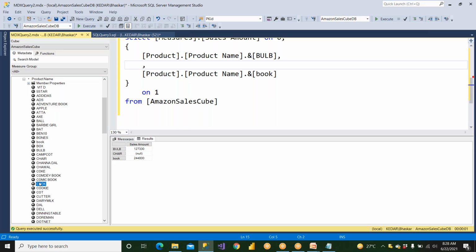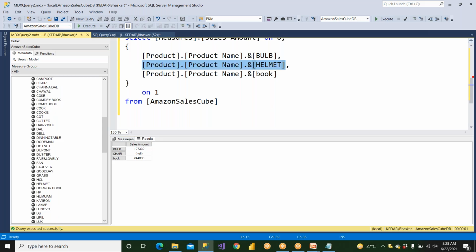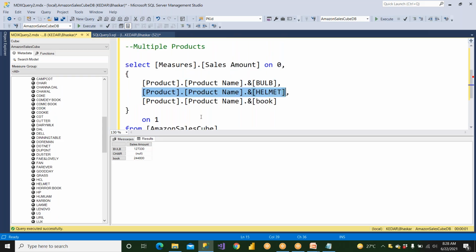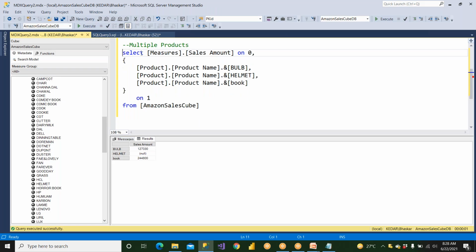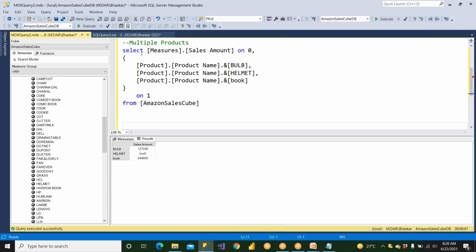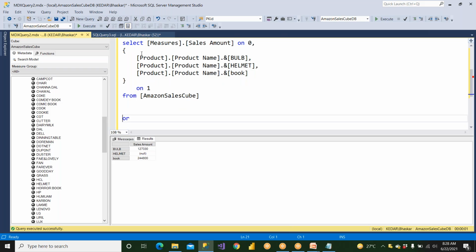So we can have helmets, right? So what is the sales of helmets? I don't know whether the sales of helmets is on or off. Okay. So the sales of helmet is also not there. At least this is how you should be able to write like this. So what you need to understand,